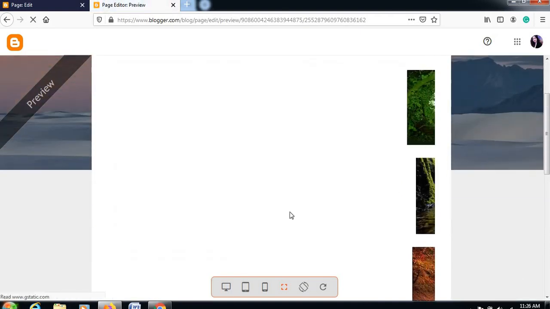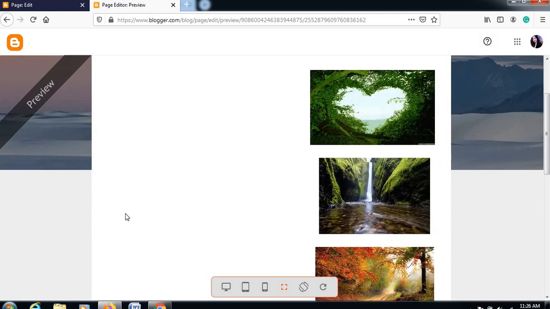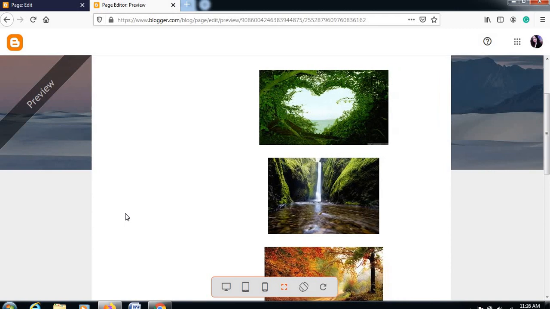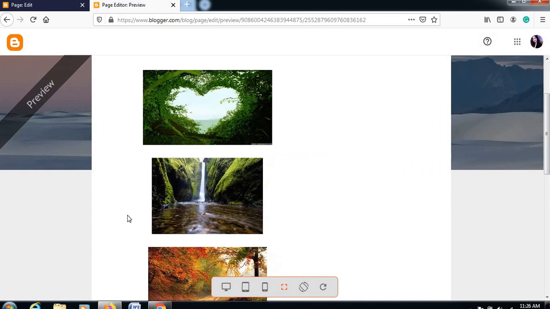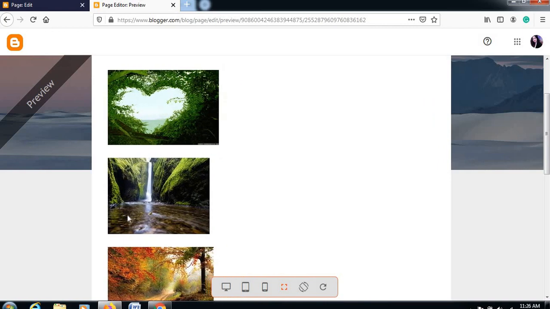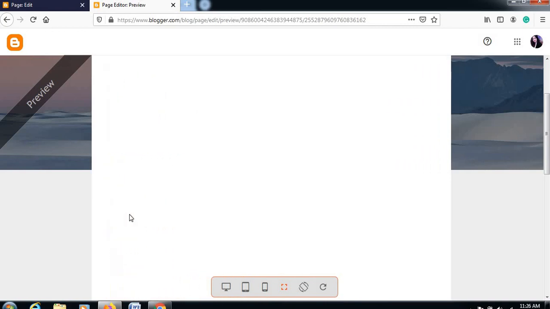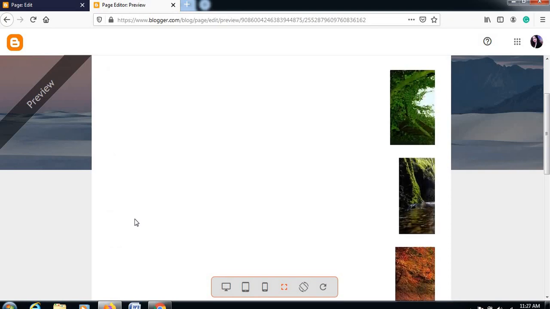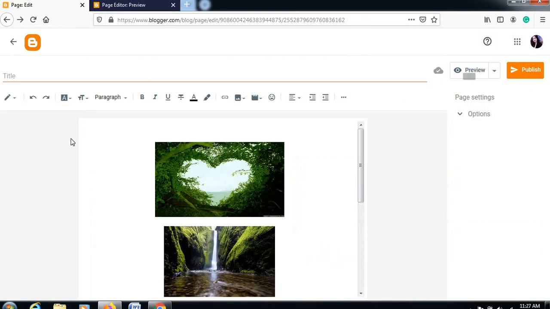See, so now marquee is working here. So you can work in blog with your HTML code as well as with simply inserting by clicking the buttons, you can insert image, or if you want to use HTML code then you can use that. Okay, so here is the marquee.